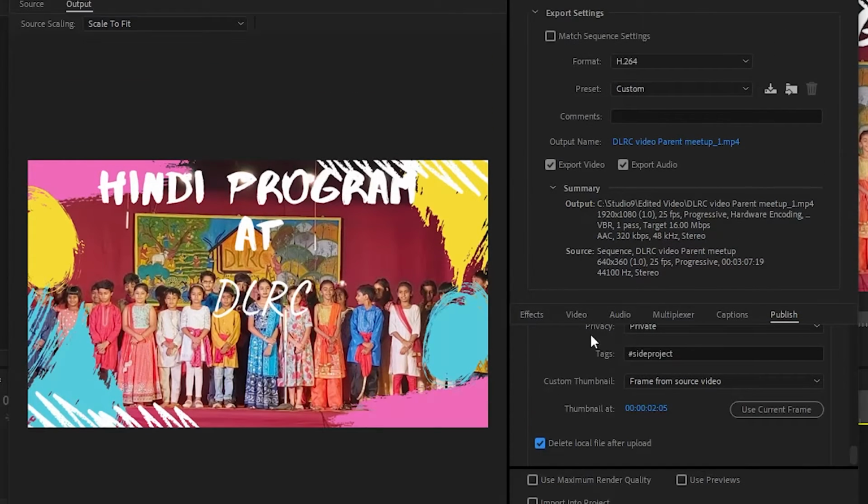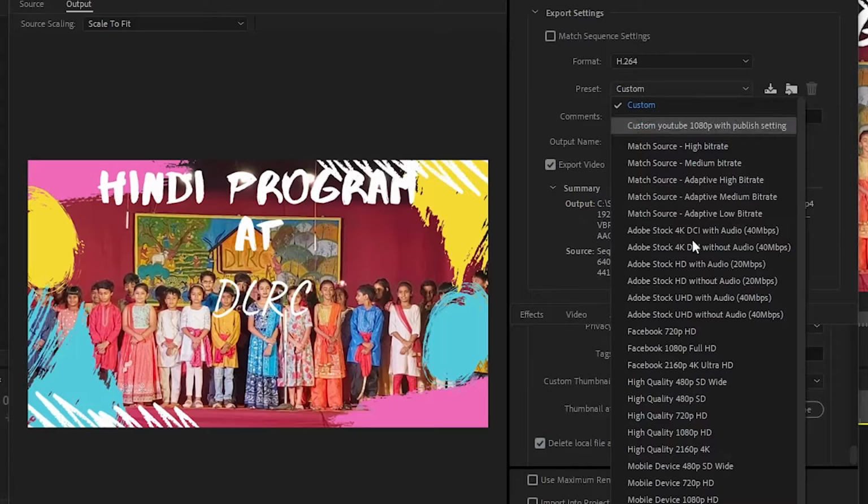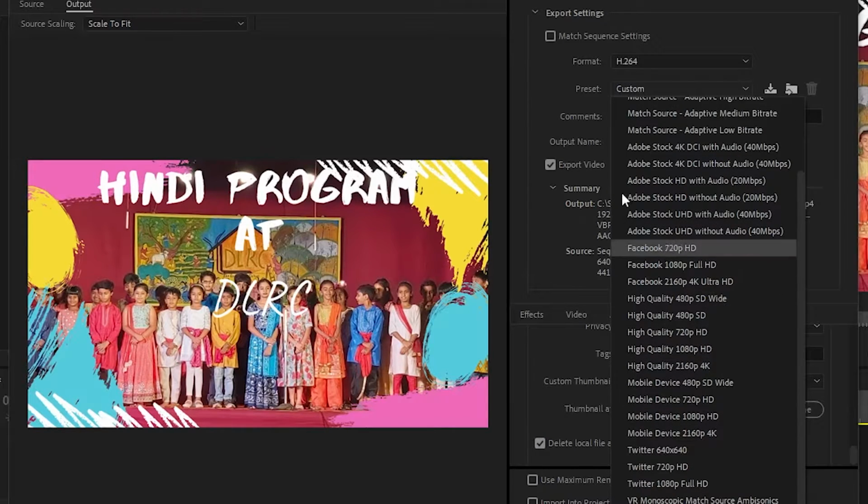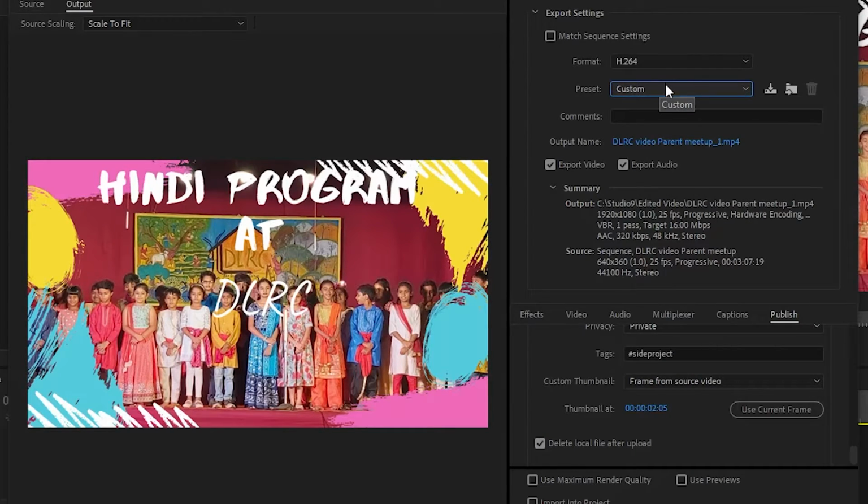Another thing you might have noticed is that now it says custom. It no longer says YouTube 1080p Full HD. It says custom. So that's a thing. Now we have all the options here. We will just leave this untouched because we're not looking at the whole of exports, though that is a majority of it.